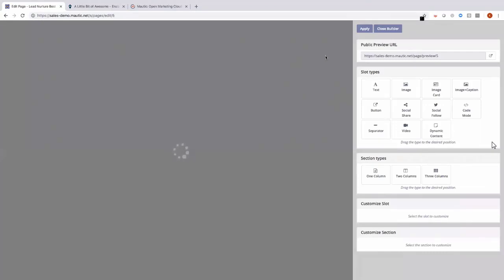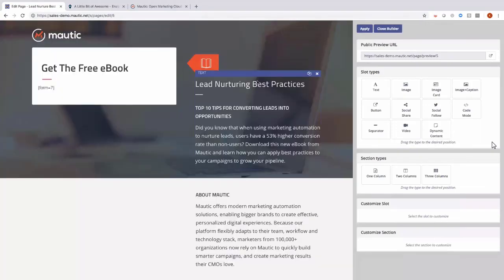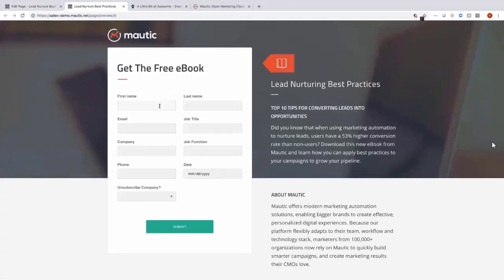If I click on the builder, as I mouse over different areas here, again, that purple box will appear, and that tells me as a user, I can edit those different sections. You'll also notice here to the left, there's a little bit of script, form equals number 7. On this particular landing page, there's a form embedded on the page. And so you can see here when I go to the live page that all of the form fields appear